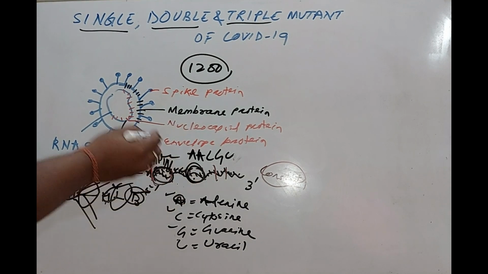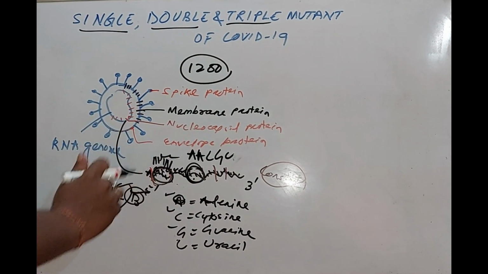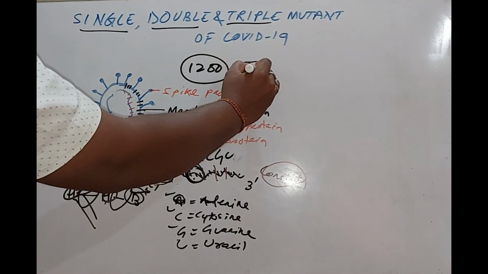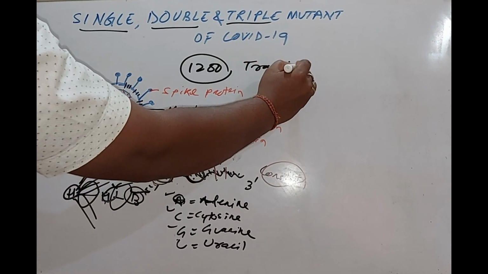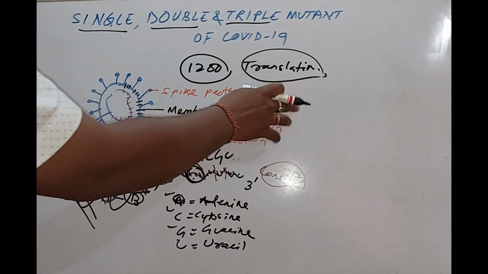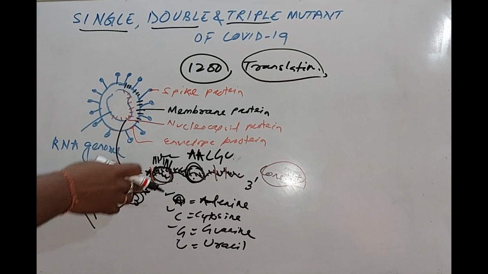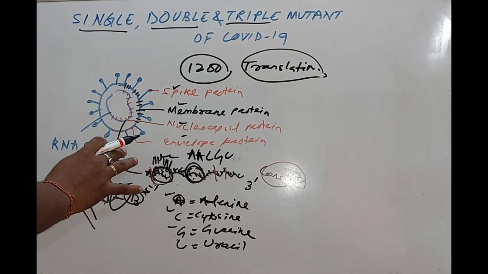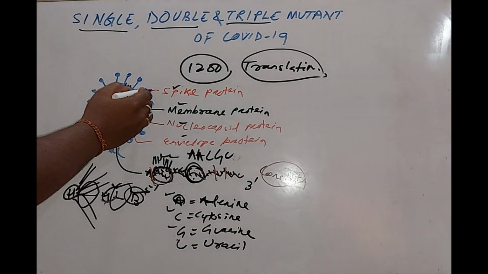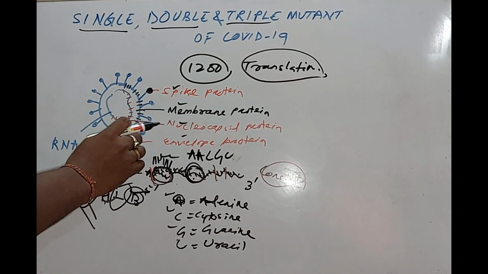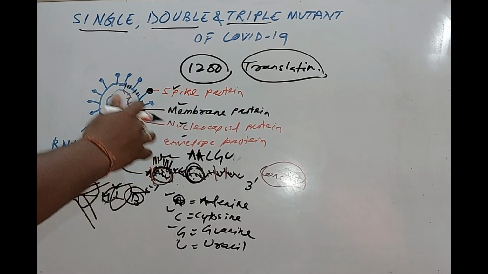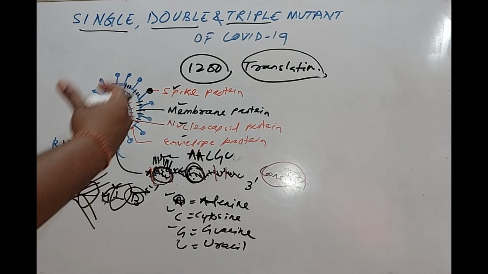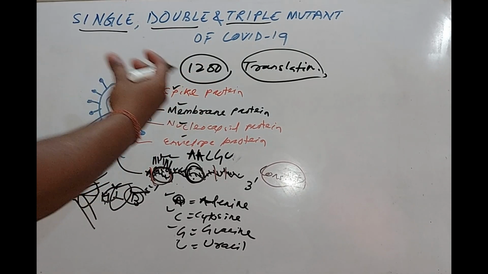changing, now you can see in biological science there is a process known as translation. Translation means the synthesis of protein. As I initially mentioned, there are major protein sites, and among them the spike proteins have great importance towards human infections, or towards transmission to